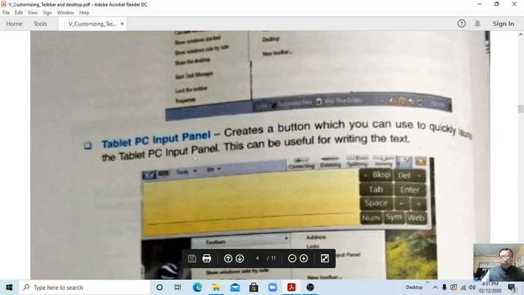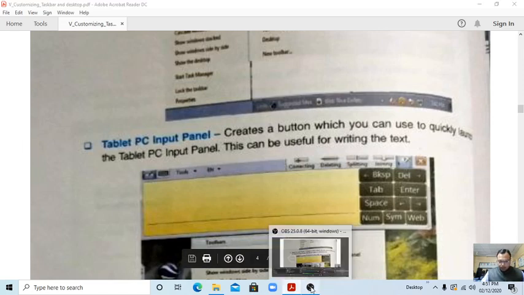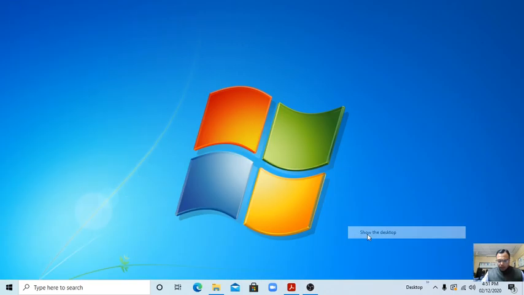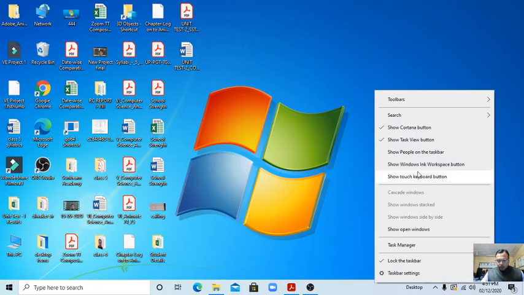Okay, tablet PC input panel. This is for use with a tablet PC. This is like a keyboard. Students, you can see here, desktop, now toolbars.